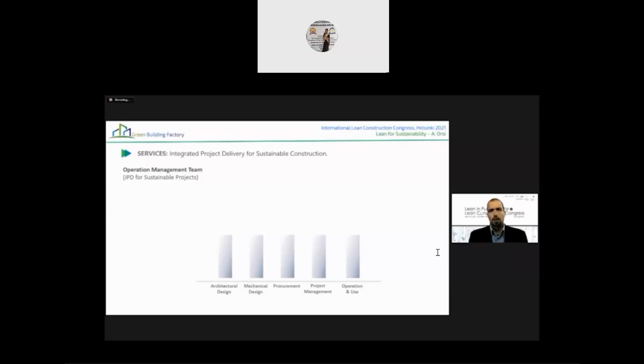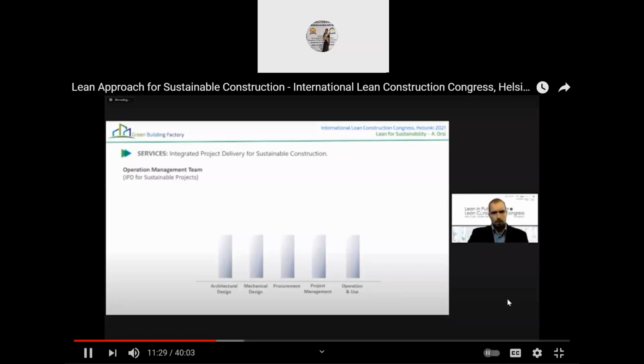We know that the architectural design for a building, for example, can take place at the beginning, but then if there are major change orders during construction, it may require an option later. Now, the idea is to approach the project from these fields' point of view and having